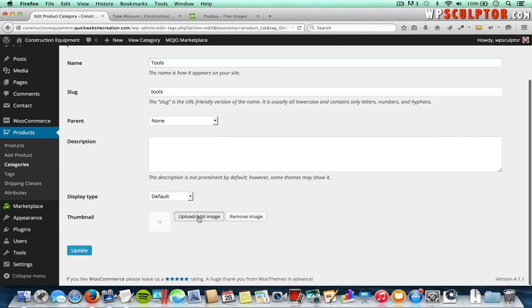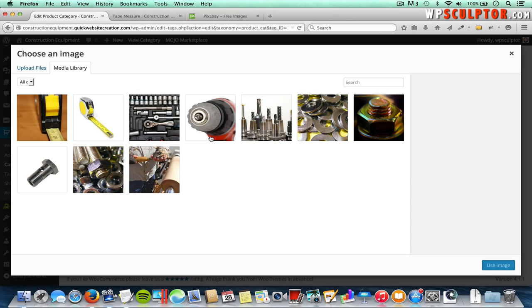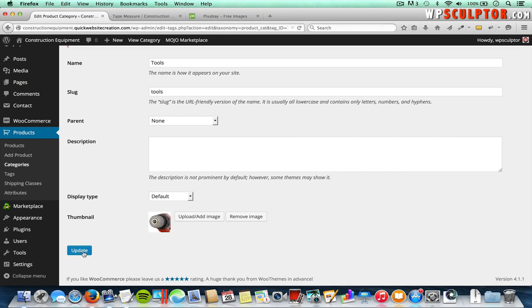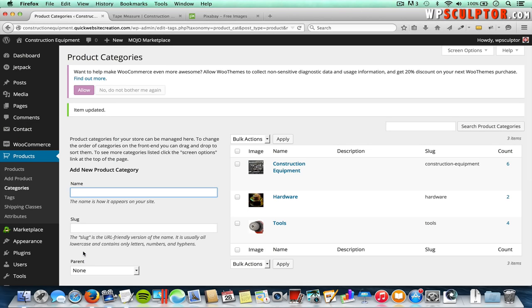Scroll down and click on Upload/Add Image, and I'll use the drill picture to represent the Tools category. So click on Use Image and update that. Now before we view the product categories page on our front end, let's go ahead and add it to our